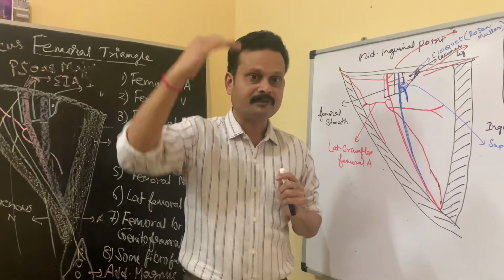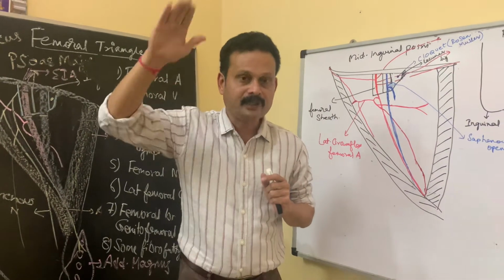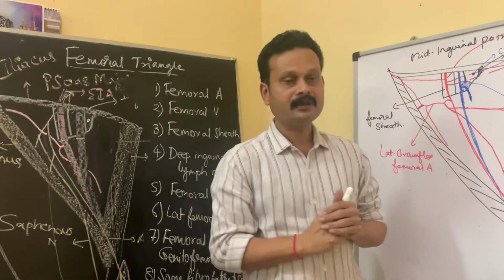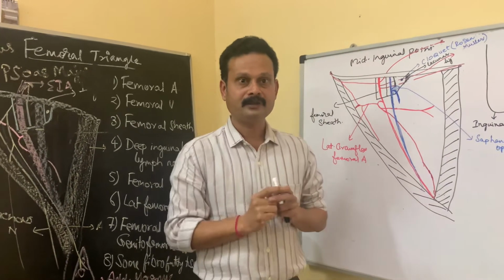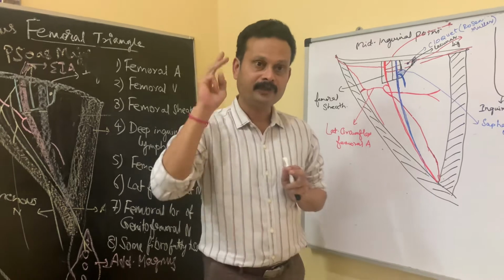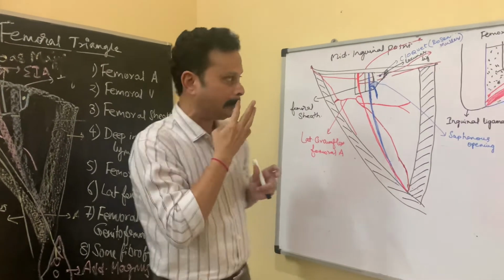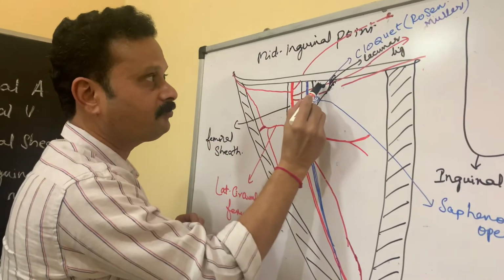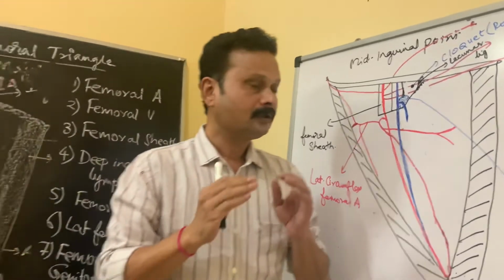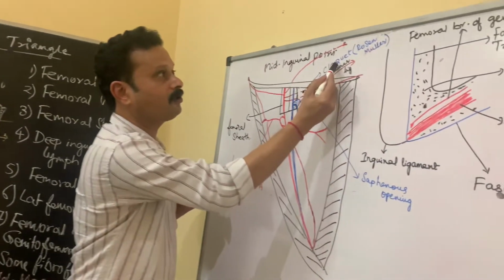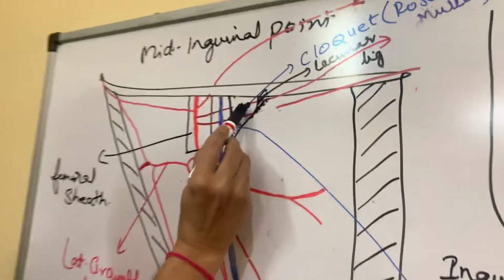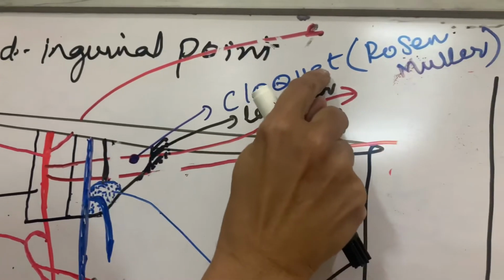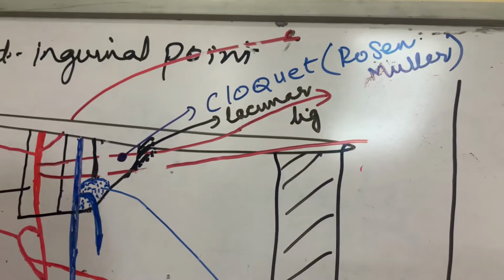And above the femoral septum, there is a depressed peritoneal region which is called the femoral fossa. So in relation to the femoral canal, you need to know what is a femoral ring, what is a femoral septum, what is a femoral fossa. Okay. Now coming to the femoral canal, the contents of the femoral canal are the lymph node of Cloquet, this small round thing I am showing, a deep inguinal lymph node of Cloquet or lymph node of Rosenmuller.